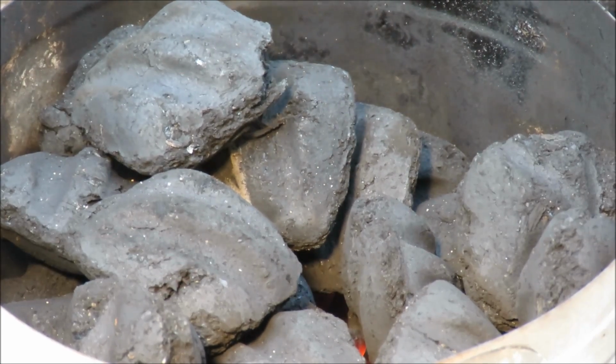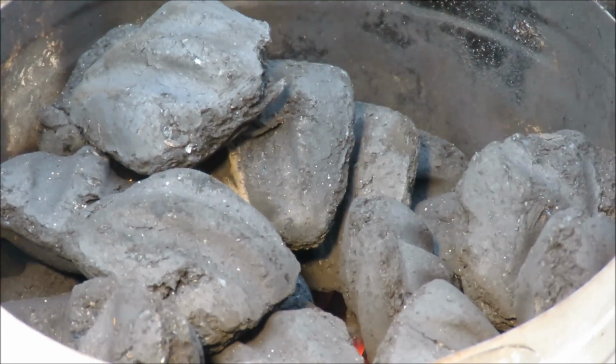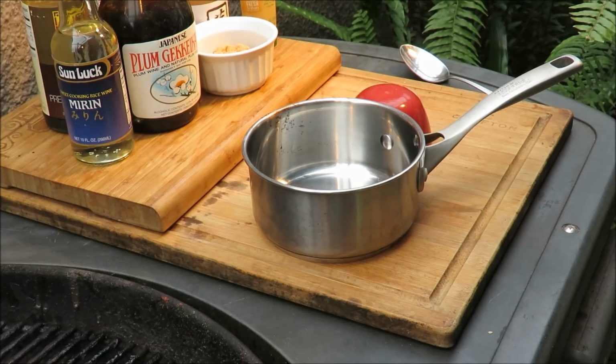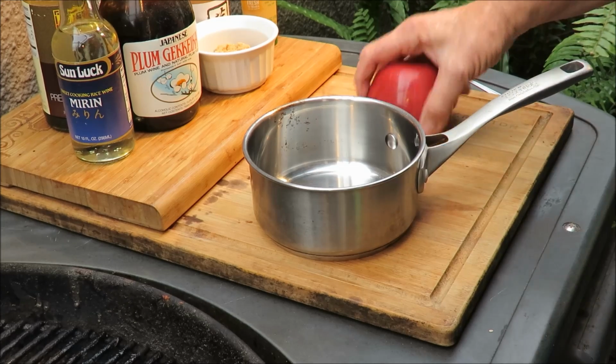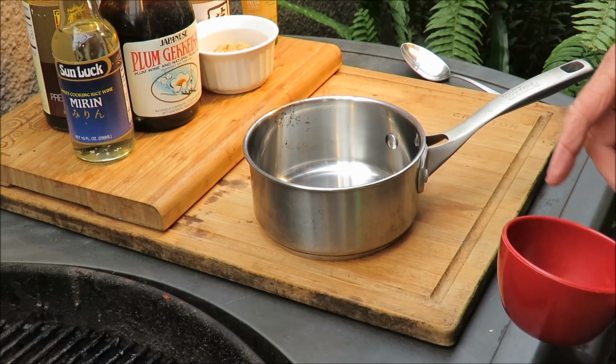Fire in the hole, let's cook some ribs. Stay tuned. So last week we made a teriyaki sauce for salmon using my buddy Ale Meals, Radley Ice's recipe